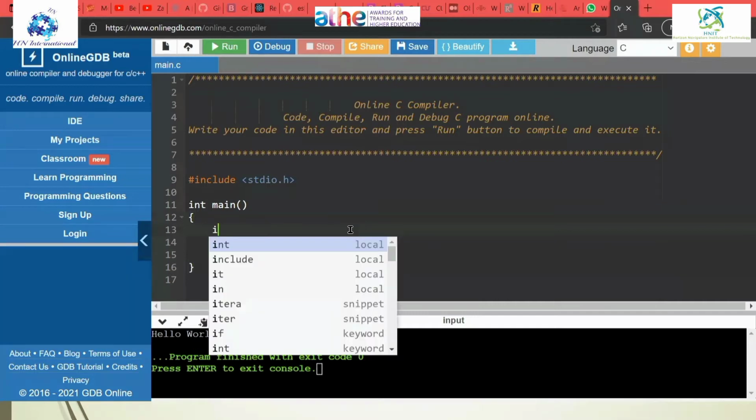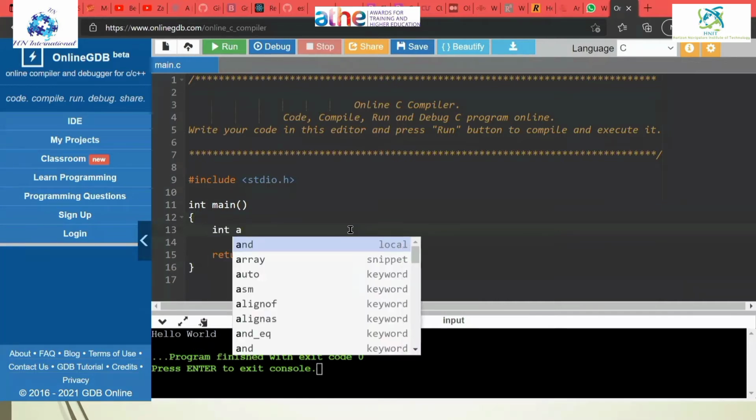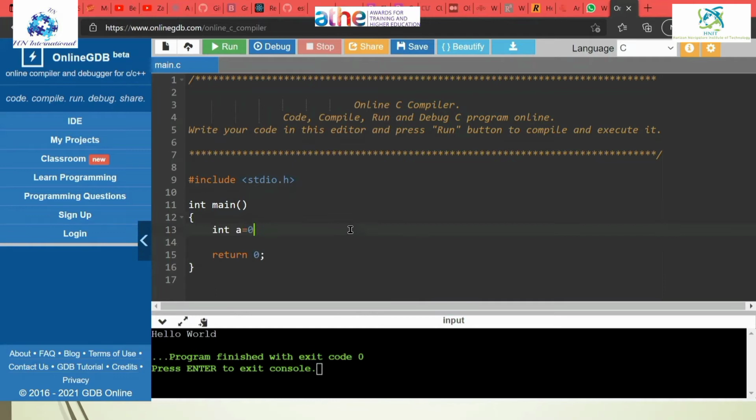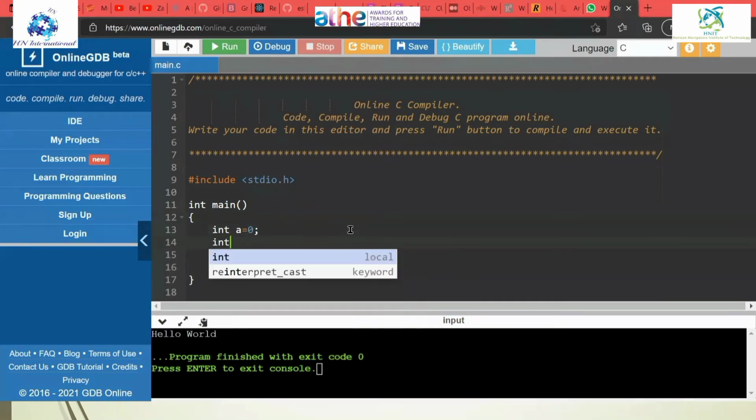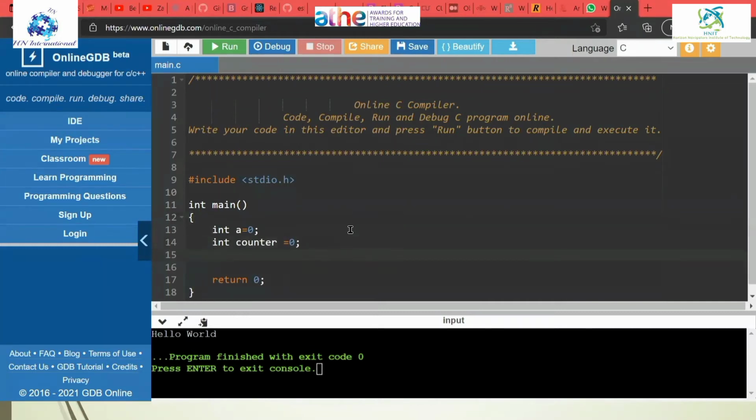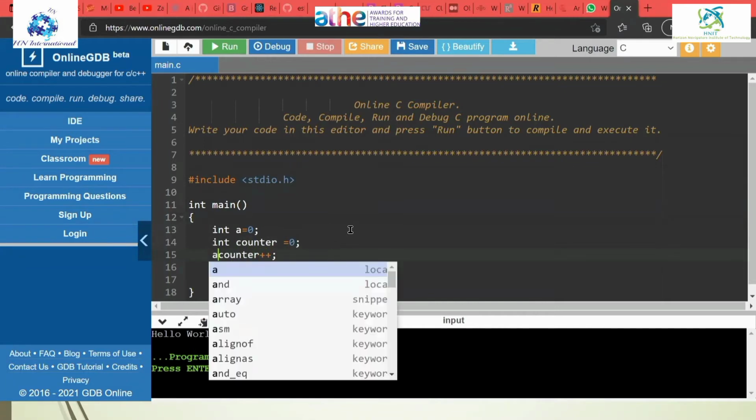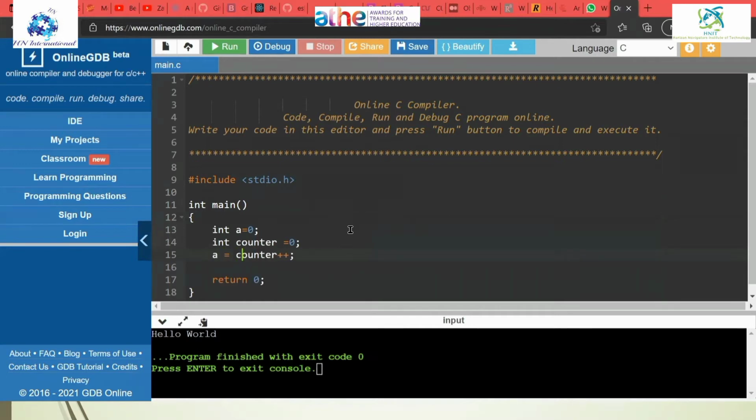Let's suppose we have a variable a whose initial value is 0, and we have a counter variable whose initial value is also 0. Now, if we're incrementing it and storing it into a, when we print its value,